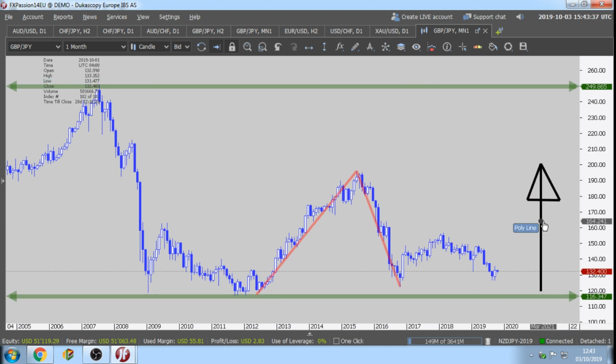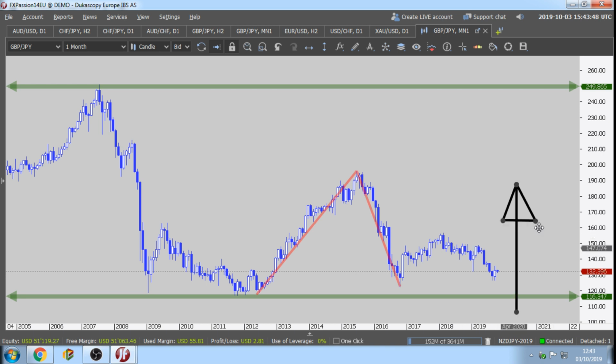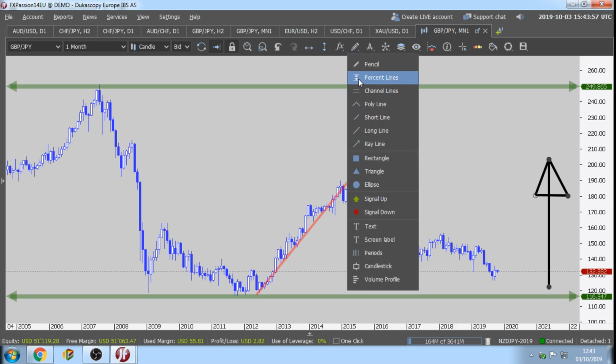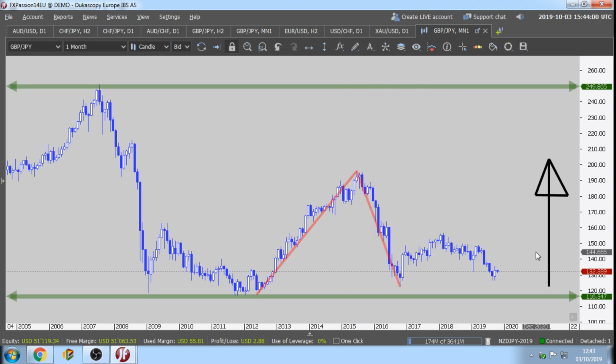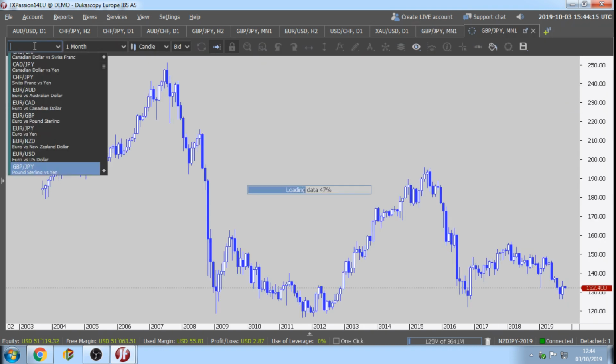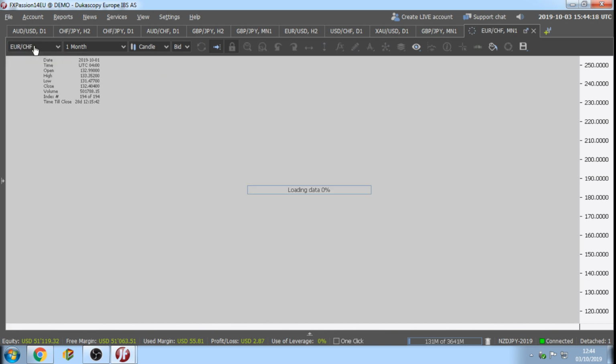Remember, everybody, technicals work until there is a change of fundamentals. So everything is going to work if there is not going to be any fundamental change between Great Britain and Japan. But bear in mind that all GBP pairs are risky, because when the Brexit is over, and if Brexit is going to be bad for Great Britain, then this pair can break the lower band, like it happened on Euro CHF. You need to be careful as a trader.